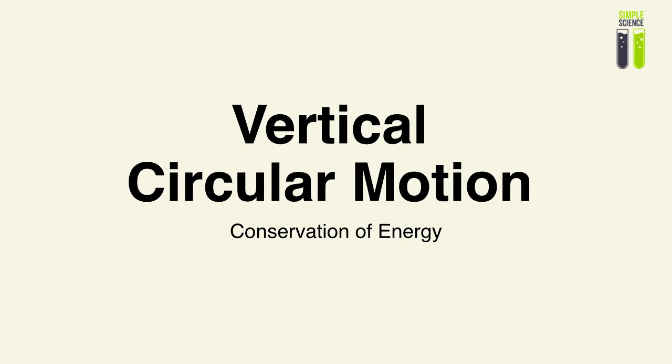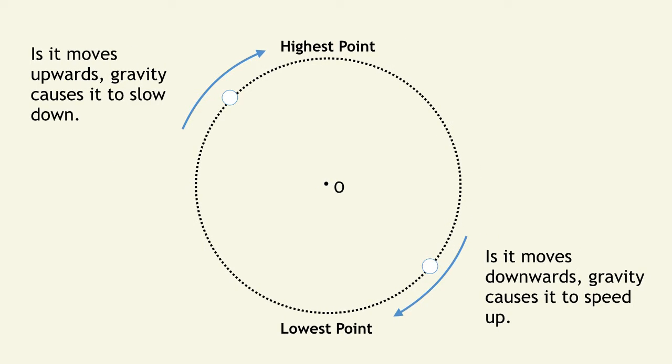In this follow-up series, we are going to be looking at vertical circular motion, and in part 1 of this series, we shall introduce the conservation of energy. So let's define our situation, that is vertical circular motion. What we're basically having is an object that is rotating around a circle in a vertical plane. And it is defined in this situation that we are going to take this object